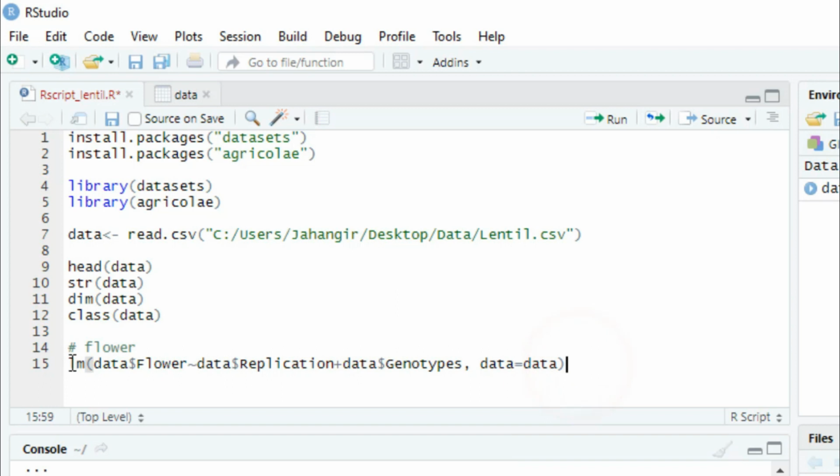Okay, and we can store this in model 1. We can store this in model 1.